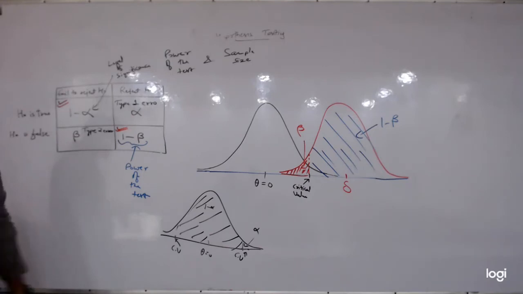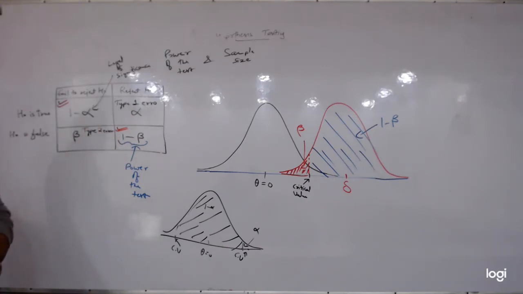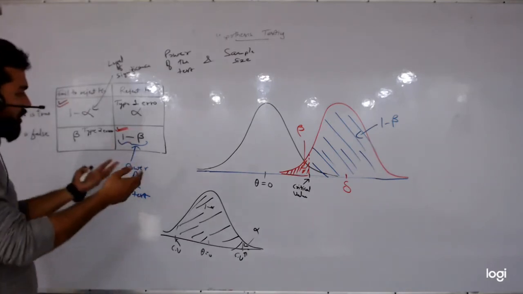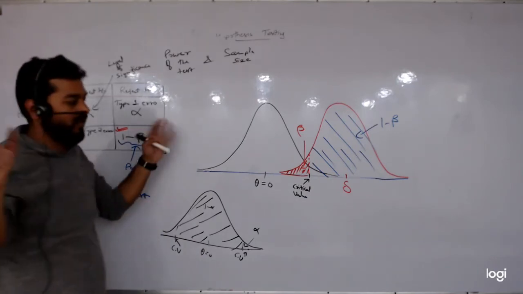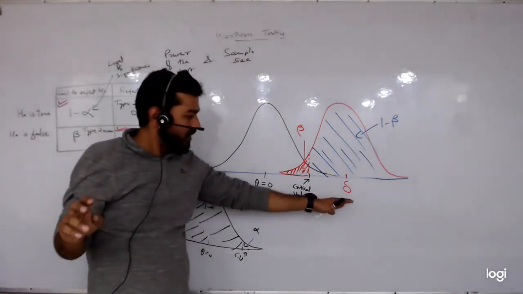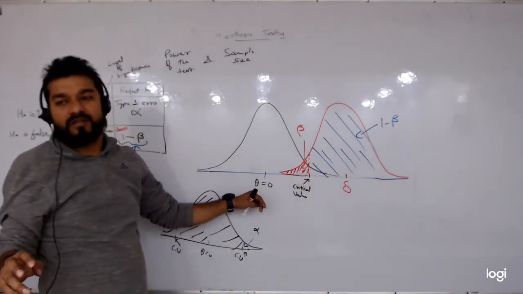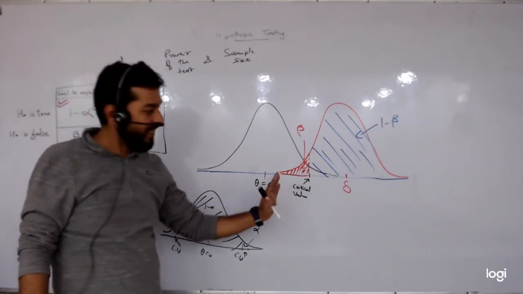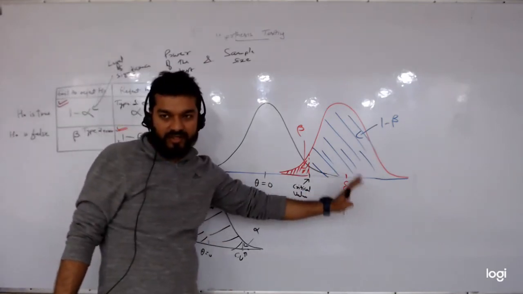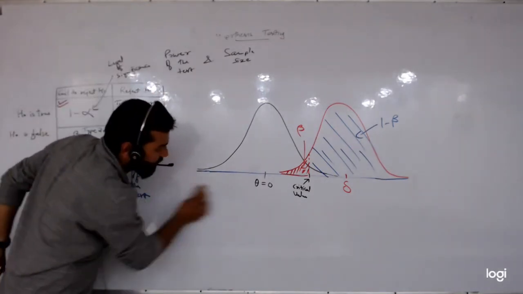Now, how does power of the test increase? How can we increase, or naturally how does power of the test increase? If somehow naturally this is far away from whatever we have assumed is null. If you are assuming that there is no difference, if the actual difference is quite large, then power of the test would increase. Why so?